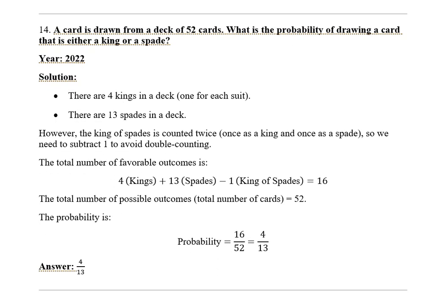A card is drawn from a deck of 52 cards. What is the probability of drawing a card that is either a king or a spade? There are 4 kings and 13 spades. Total